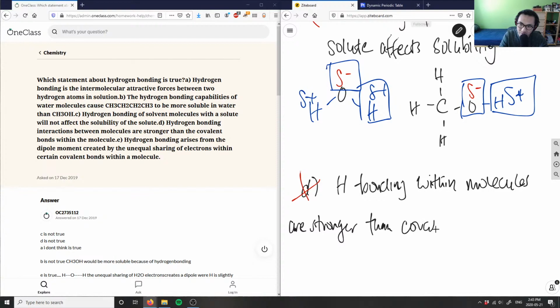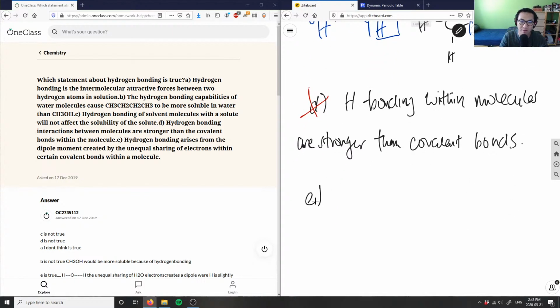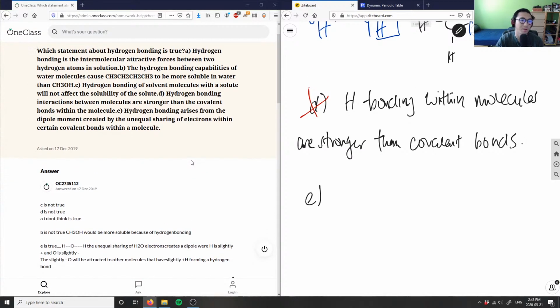Than covalent bonds. Okay, which makes E has to be true, right? Because I had 4 false statements. It says here, hydrogen bonding arises from the dipole moment created by the unequal sharing of electrons within certain covalent bonds within a molecule. So this is true, but it's not as